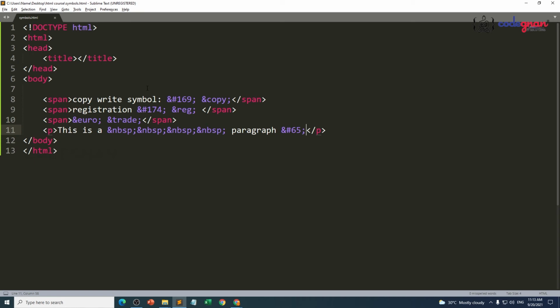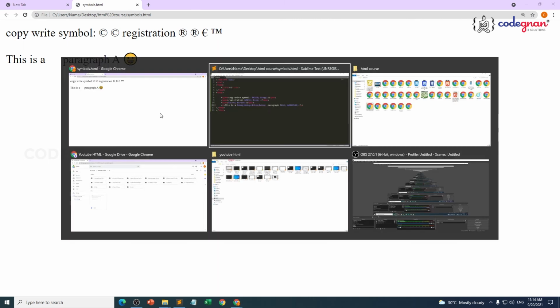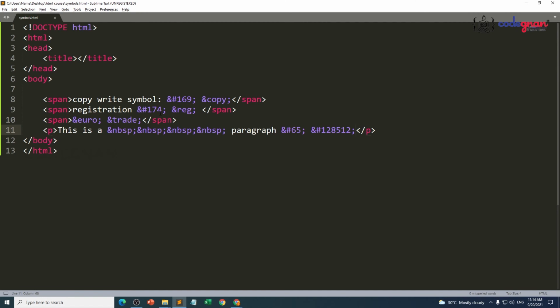And if you want to display a laughing emoji in your web page, you have to use one number code, ampersand hash 128512. All these are some numbers. You can see a laughing face. We are having different types of emojis also like this.